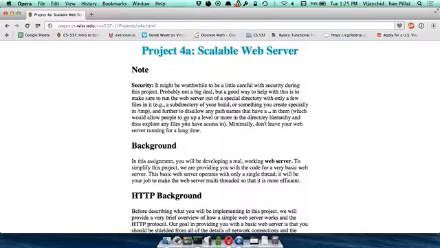So how many people here know how an HTTP server works? Okay, cool. Can you tell us how it works? Well, it opens a TCP connection on port 80 on a web server, and it waits for clients to connect to port 80 over TCP. Then you give it an HTTP command, usually a GET or a POST request, and ask what file or resource you're looking for. And it sends it back to you.